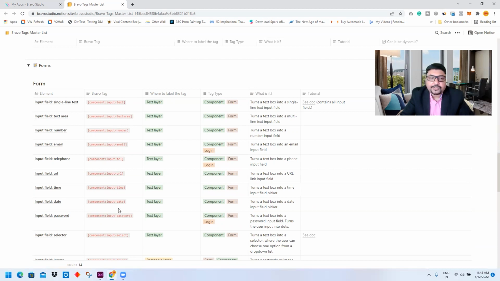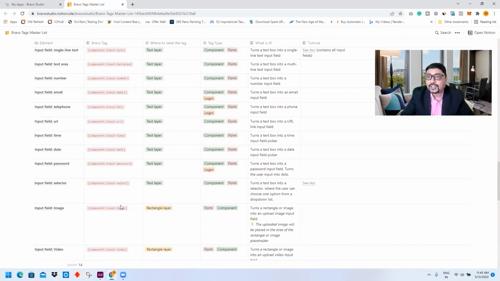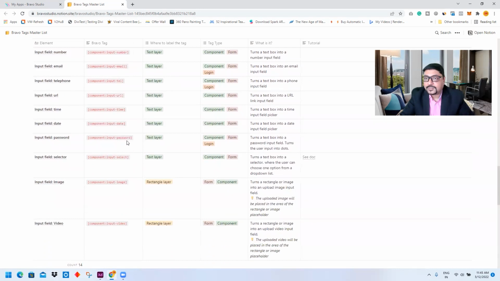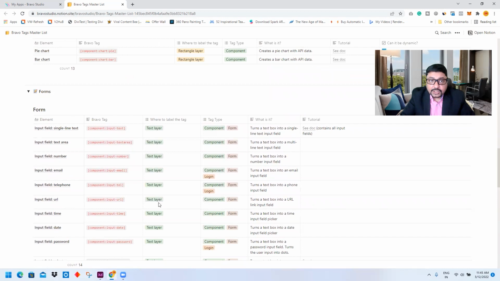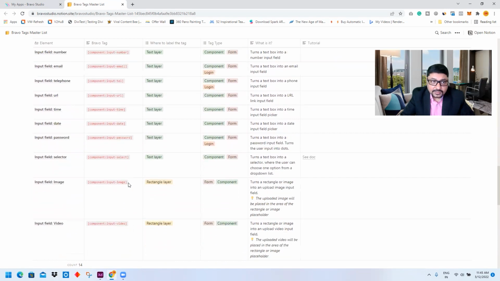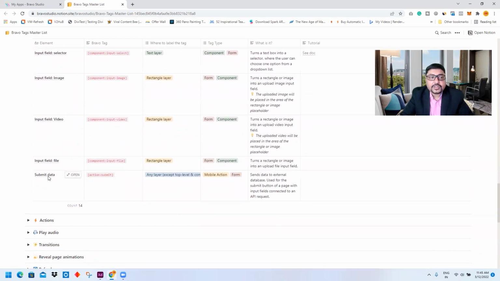Emails, very, very straightforward. If you have a basic understanding of English, I'm not even talking about programming language, you can easily use these things in your code. But always remember which layer you are working on. It has to be that the text layer is actually marked with these tags. Okay. And even if you have a submit data, you can have the action as submit. That is basically for the buttons.